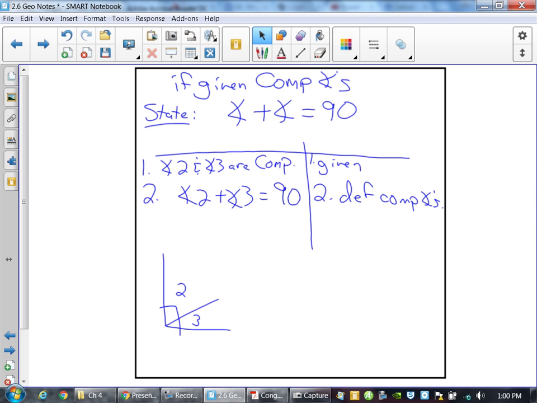So later on, when we get to a proof that says stuff about angles being complementary to one another, you cannot tell me, I don't know what to do. And I'll say,